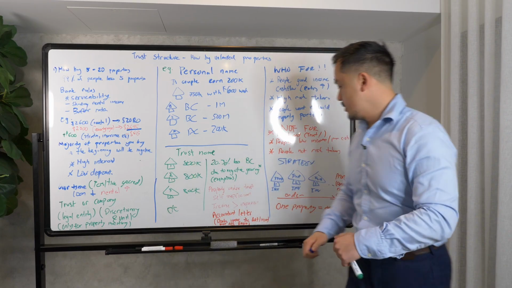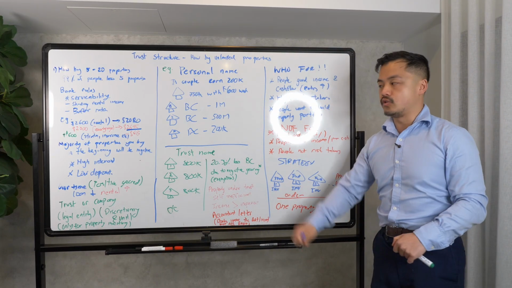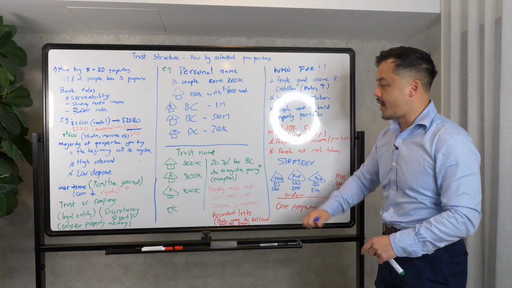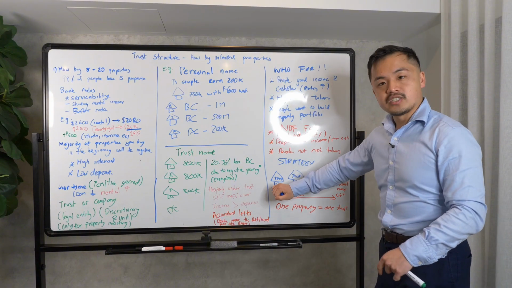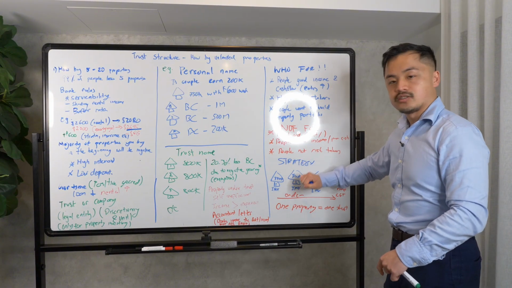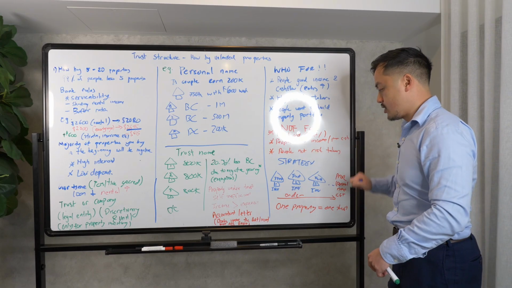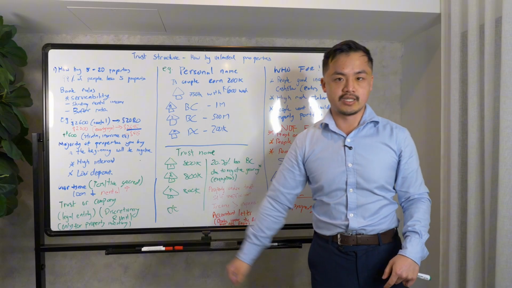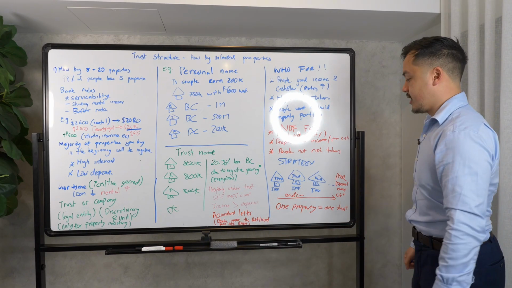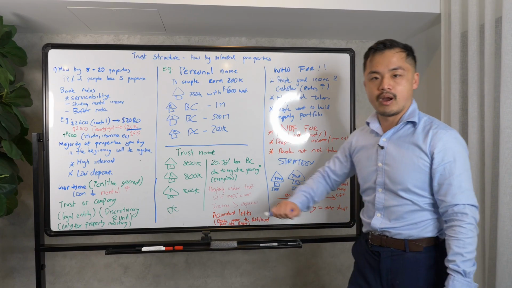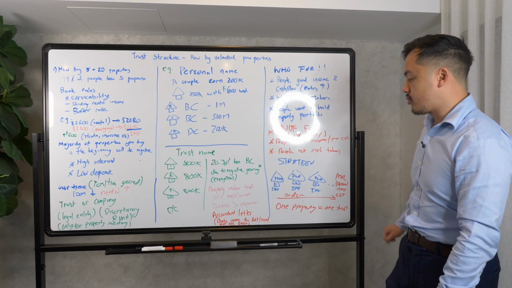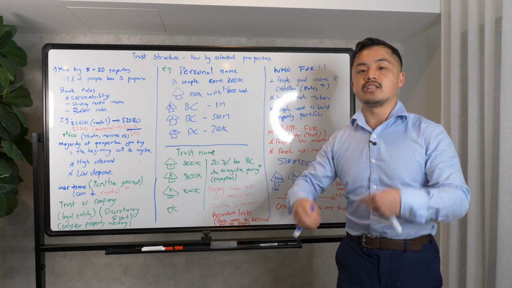And I'll explain why. The ideal structure to have, if you want to maximize your borrowing capacity and buy as many properties as you can, is to have your first investment as a trust, then the second as a trust, the third as a trust, etc., until your last property is your primary residence, right? And I'll explain why this is the case. Because if you set it up the other way around, where your first property is your primary residence and then you buy your other properties under trust, it isn't efficient